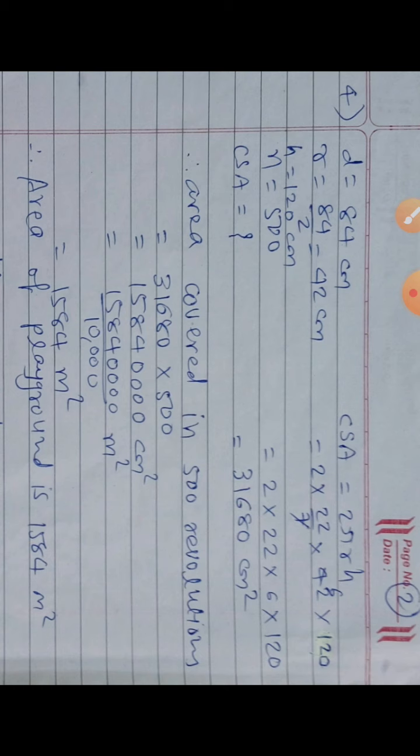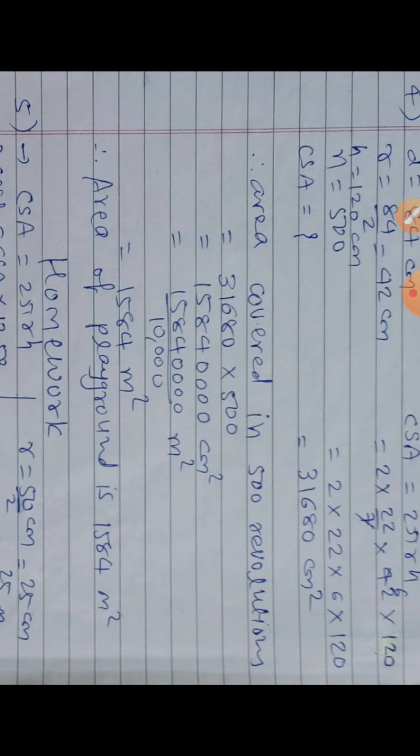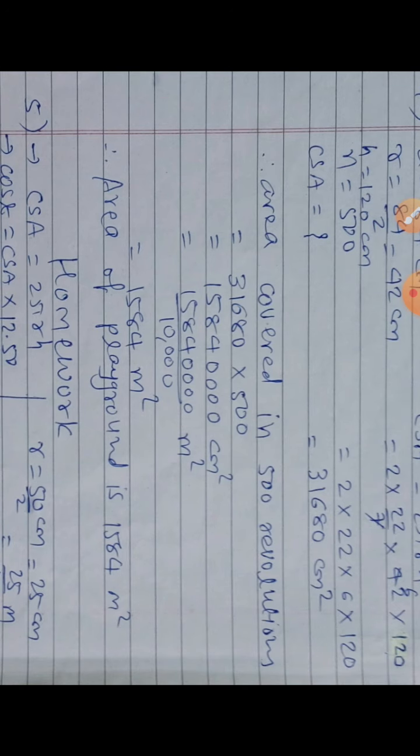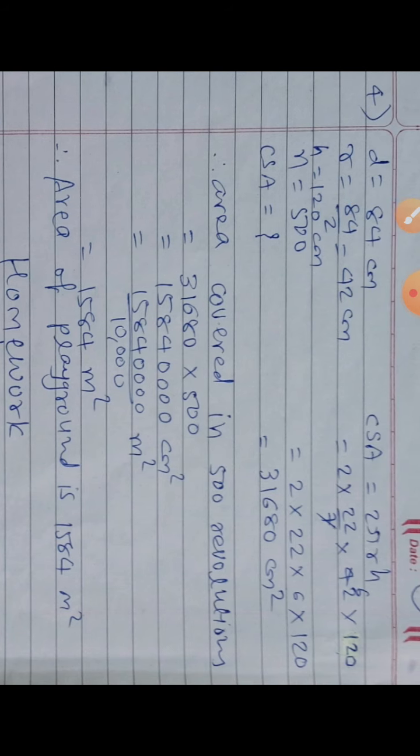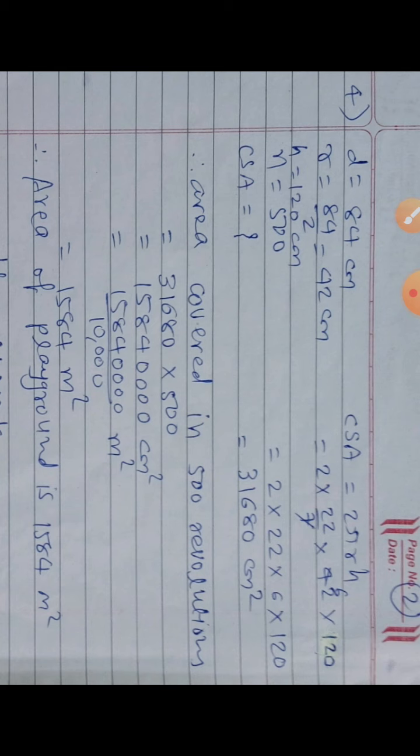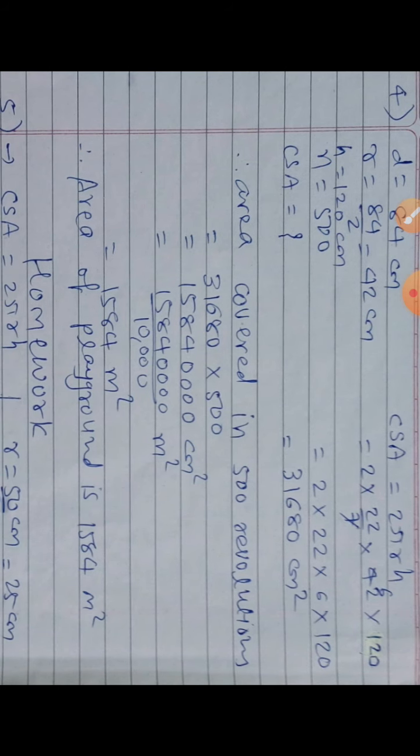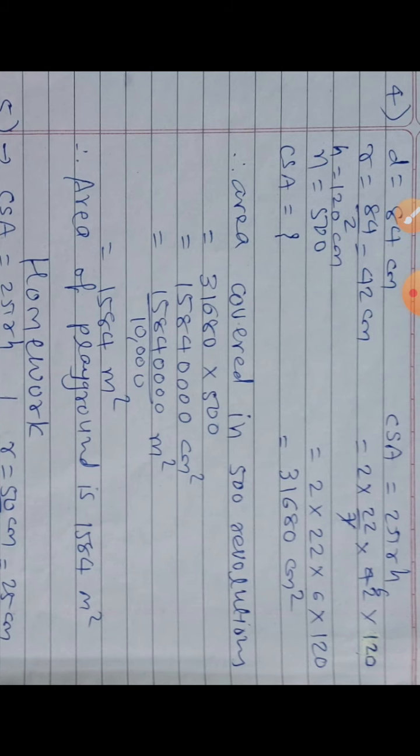So 40 cancel out. So 1584 meter square is left. So area of playground is 1584 meter square. Okay, so in this question actually calculation is long, and one another thing you have to understand first of all: the question well, what they are going to say to us, that is important. After understanding only you can decide what is actually asked. Then only you can give answer.